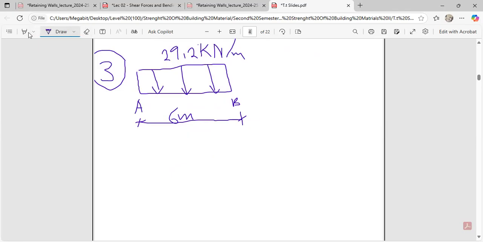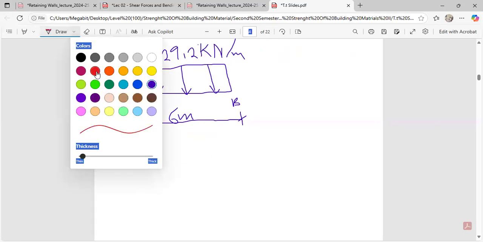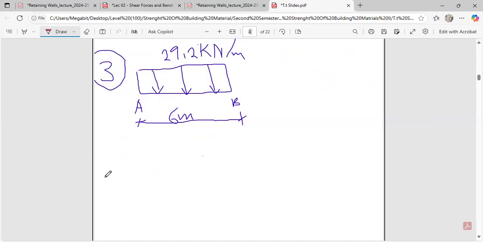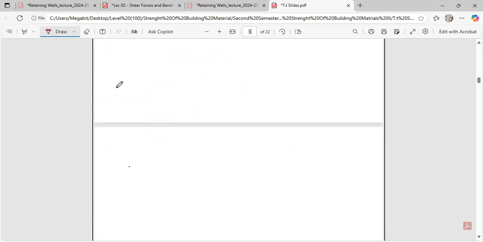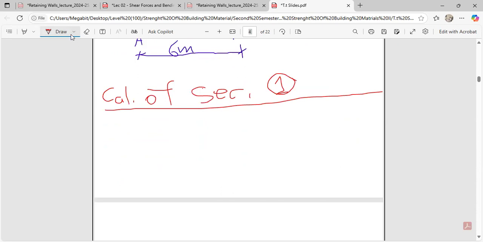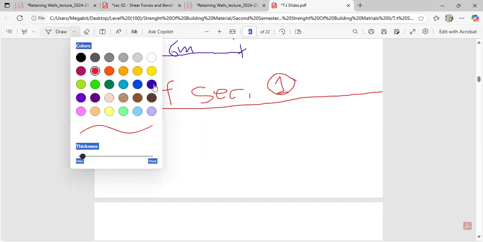Okay. So first of all, let's do the calculation of section 1. I'm going to write: calculation of section 1. Good. And then in section 1, our step 1, what is the first thing we are going to be doing? The first thing we are going to do in section 1 is